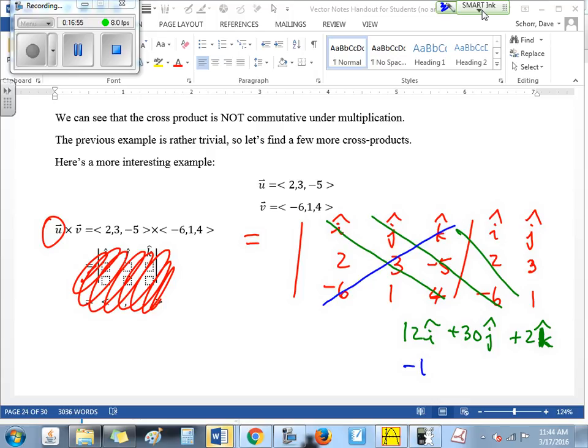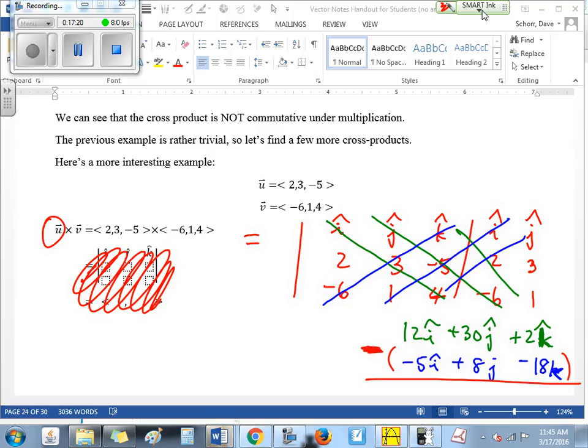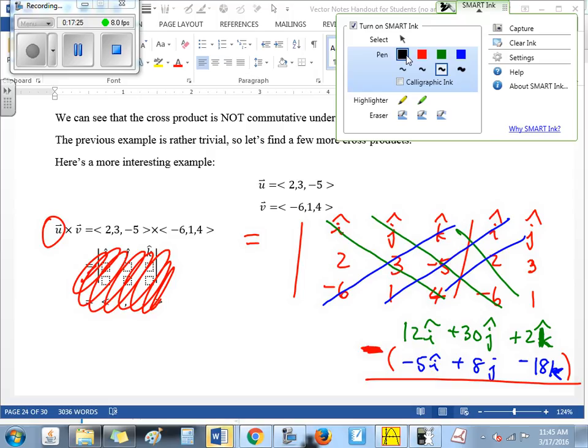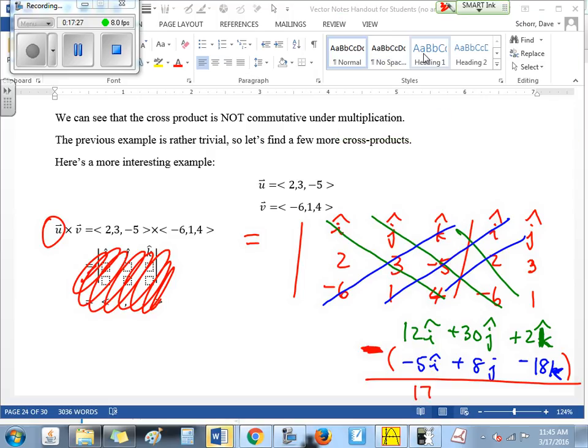Negative 18k. I'm going to put that under the 2k, obviously. Then we have a negative 5i. I'll put that under the 12i. And there's an 8j. And be careful. Although we combine those by addition, we ultimately end up subtracting on this problem. So you just got to be really, really careful to remember that. So it actually ends up being 17i hat,